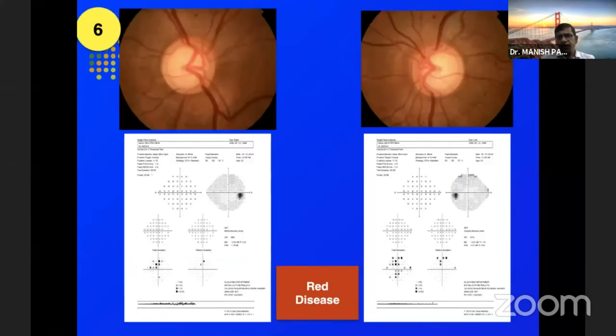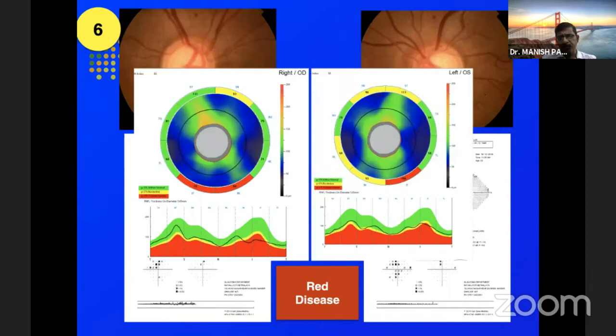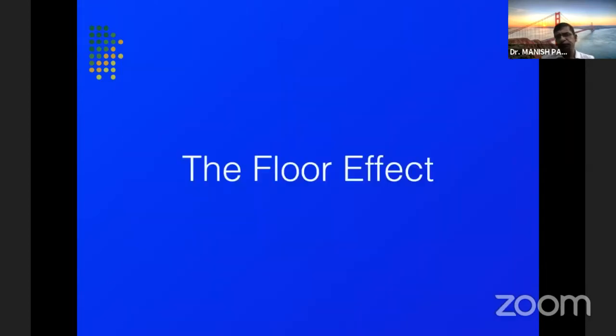Take this picture. This patient has come with a large cupping, and basically the optic discs are large in size. The visual fields come out normal, and if somebody does an OCT, that comes out abnormal. So how do we rely on that? It's more of a clinical acumen that needs to be attained rather than relying on imaging or visual fields. This is an example of a red disease. A red disease would basically mean that imaging is showing some defects which are actually not existent in that patient. There may be a lot of factors responsible for this.